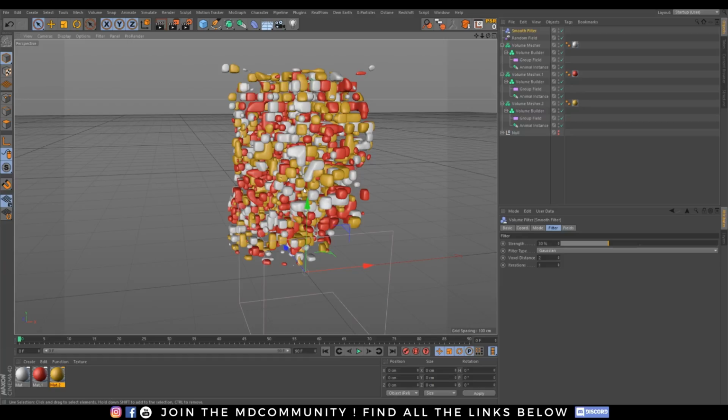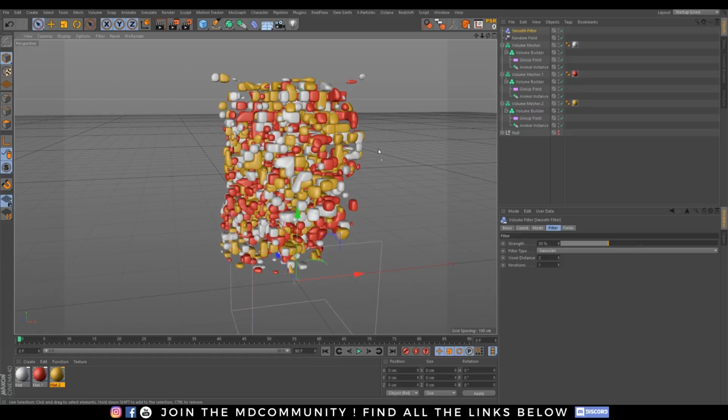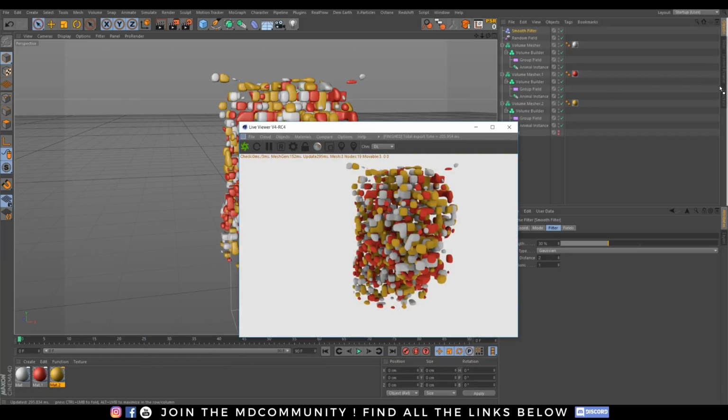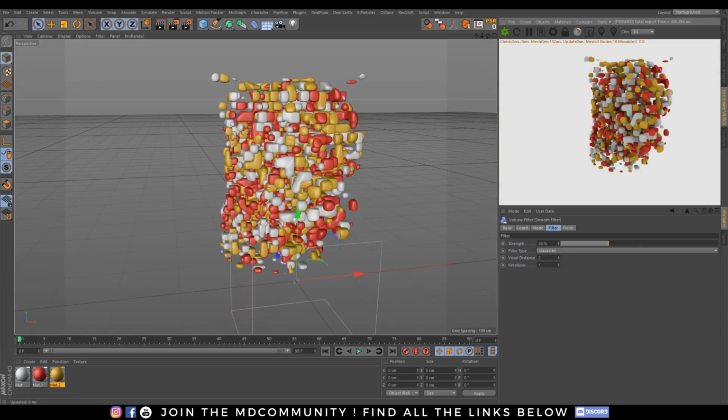I'm pretty happy with it, and I will now launch my Octane render. Let's launch Octane. I will launch my renderer and move it to the right. I will convert my material. I can go on material and convert material. It will convert my material